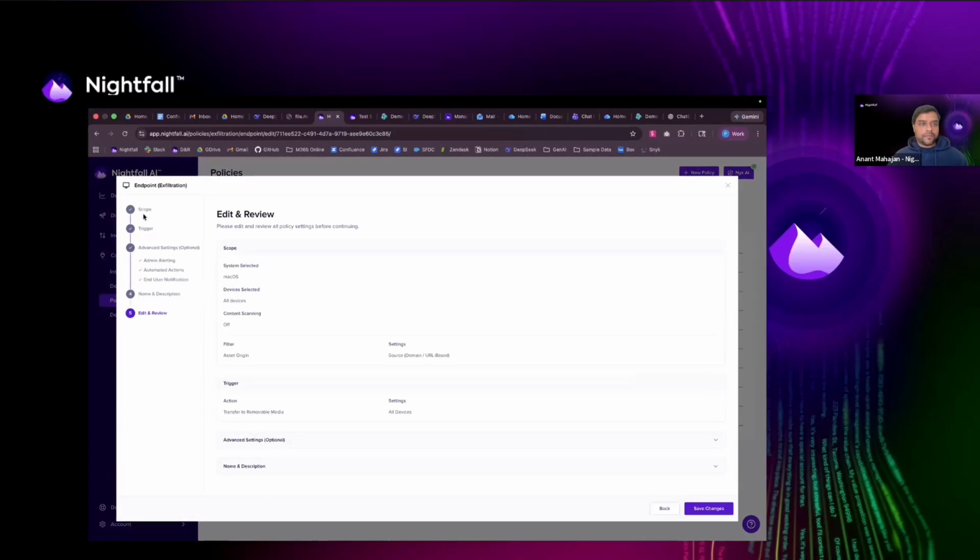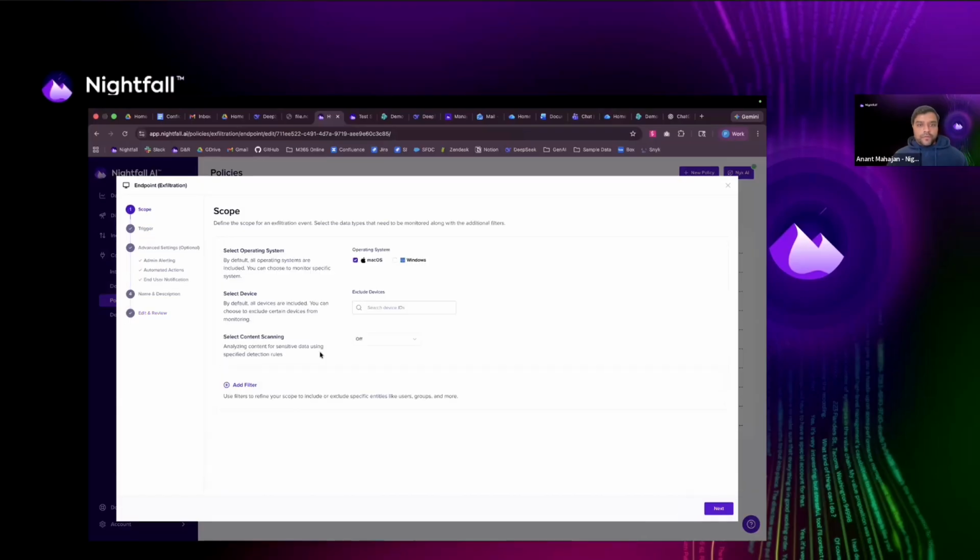So, I'm going to pull this up. Most of you are familiar with the ability to define consistent policies across Mac OS and Windows. You could enable content scanning, right? And pick any of the detectors. You could filter it by departing employees, departing employee user groups that you may have, as you can see here. So this is how you create those tailored policies, and this is all synced in real time from